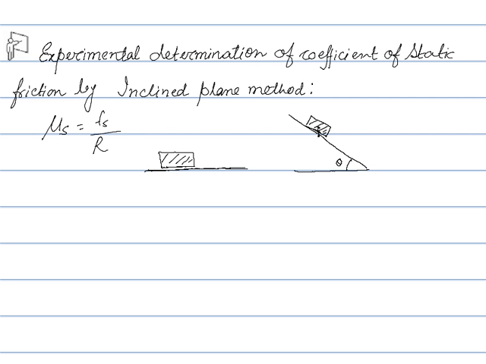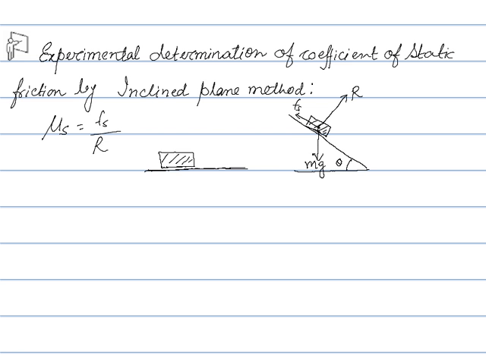So here the weight of this block will act vertically downward, that is m into g. Second, the normal reaction of this surface will act perpendicular to this surface. Now the frictional force, that is the maximum value of frictional force, will act opposite to the direction of tentative motion, that is Fs will act along this direction. Now if this is theta, this is 90 degrees, then